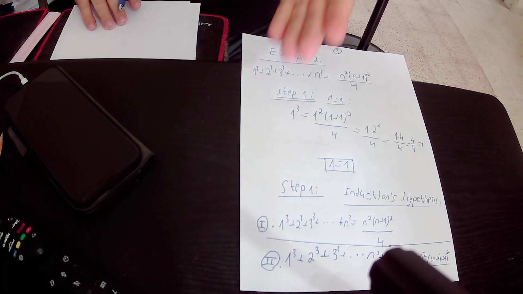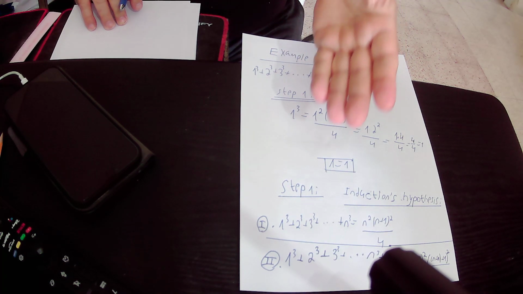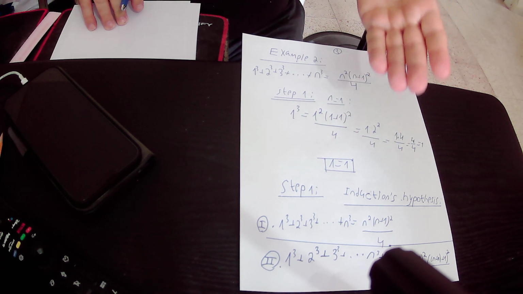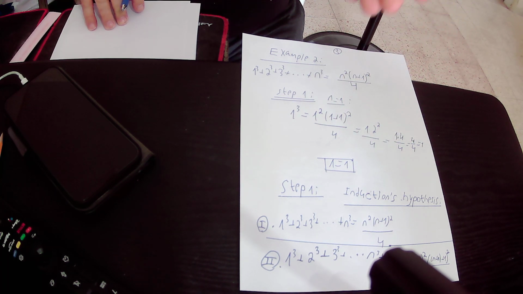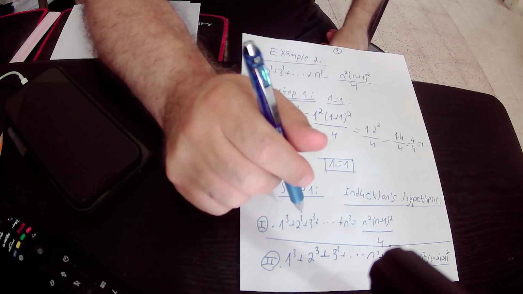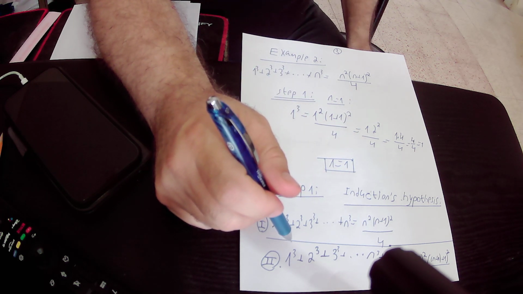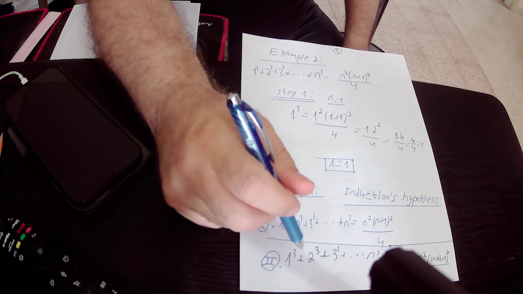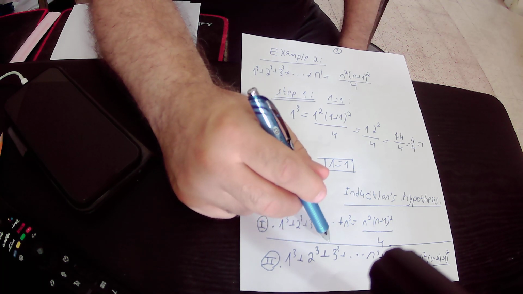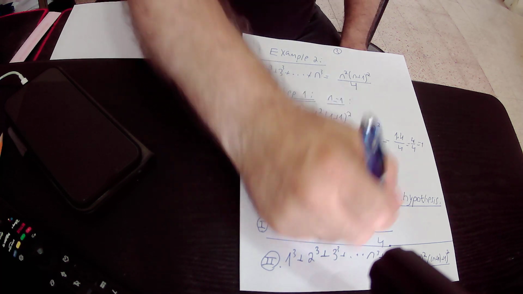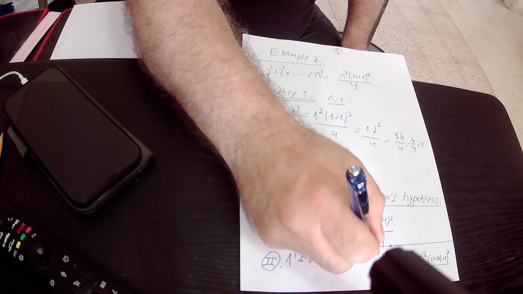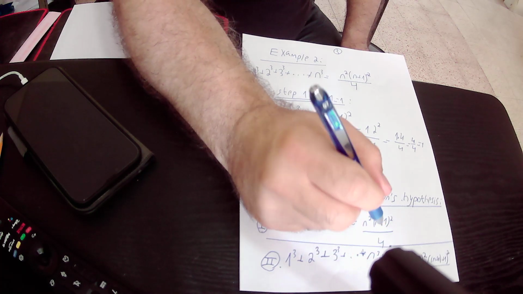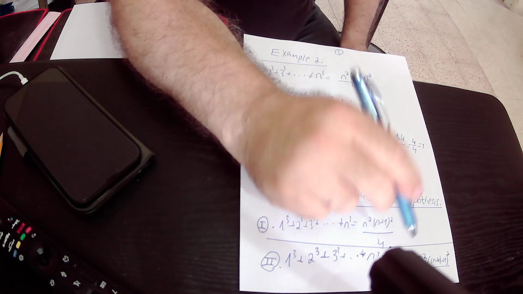So we have to prove that our statement is true for n plus 1. The second expression is our statement for n plus 1. That is the equation that we have to prove. And this statement, the second expression, is for n plus 1, because it is 1 to the power of 3 plus 2 to the power of 3 plus 3 to the power of 3 plus n to the power of 3 plus n plus 1 to the power of 3, because we have to prove